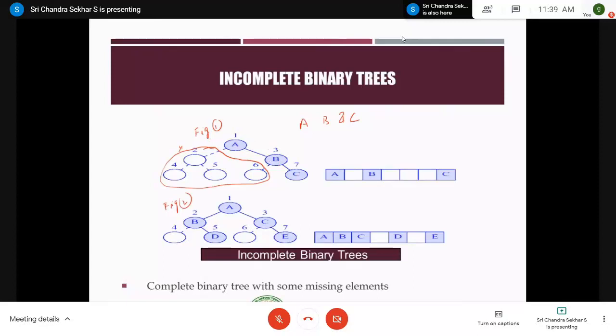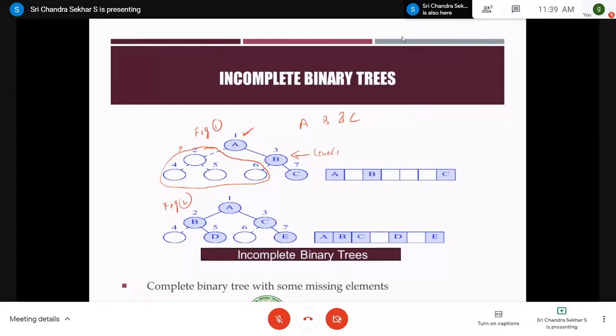So to give the numbering to this binary tree, the first point is you have to start with the root node. Therefore, the root node should always be numbered as 1. That I have satisfied. And the second point is you have to start giving the numbering level by level from top to bottom. So after the first level, I start with this level. This is level 1, right? And according to the third point, while you fill the nodes with the numbers, you have to go from left to right only.